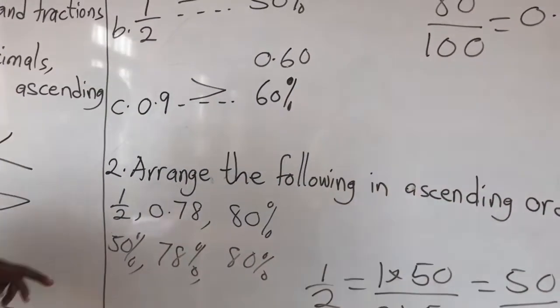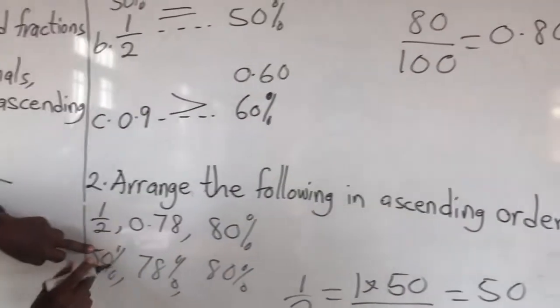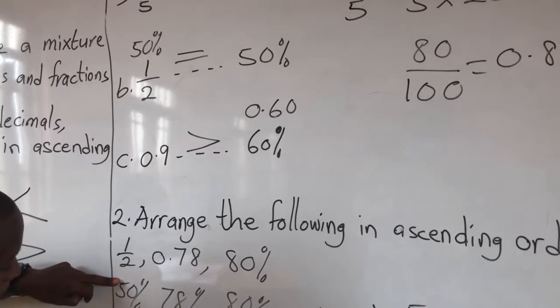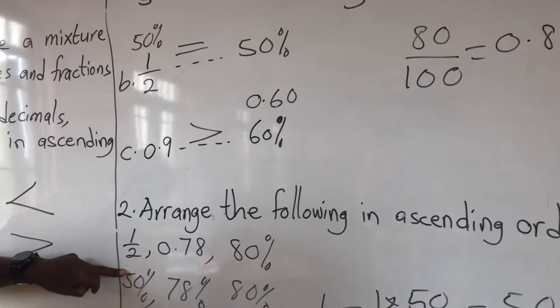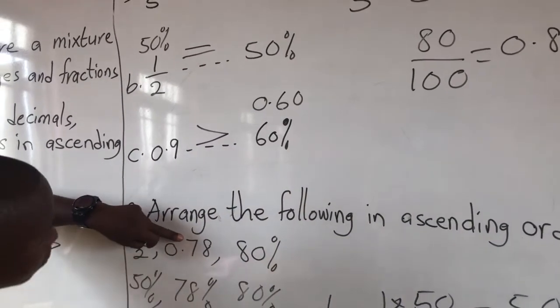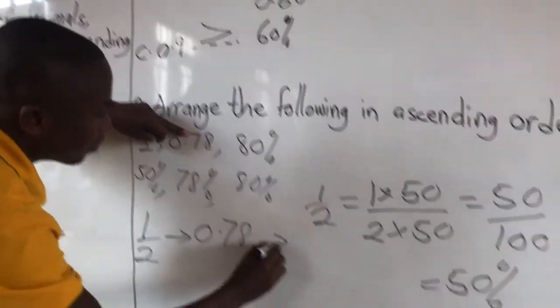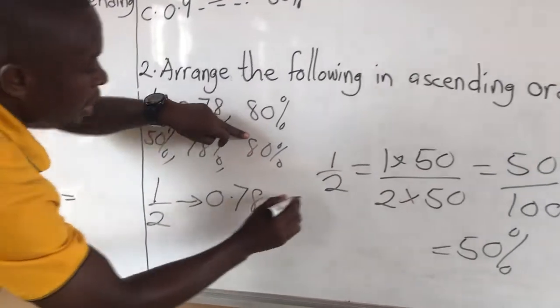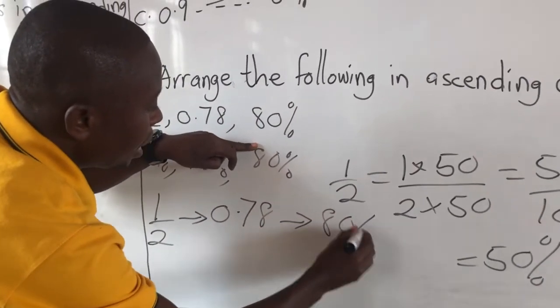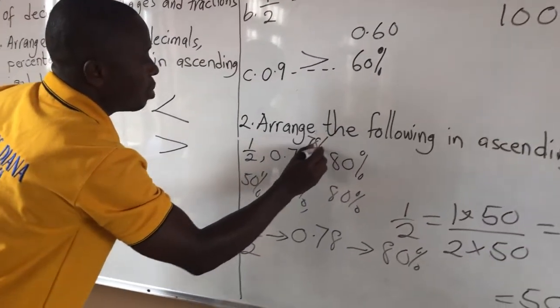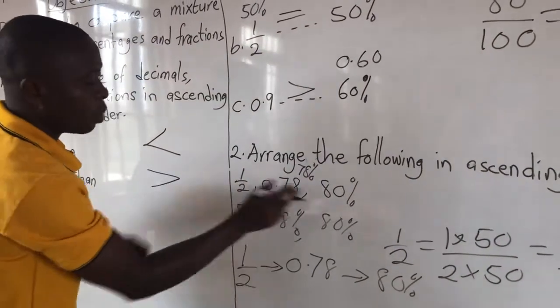So in this we have 50% will come first, which will give us 1/2. Then we have 0.78, and the biggest one here is 80%. 0.78 is 78%. Since we convert all to percentage,